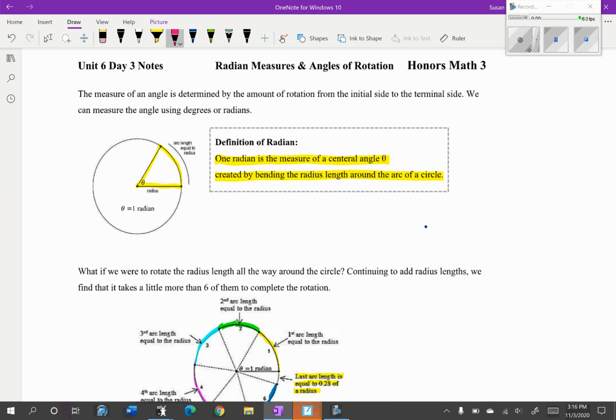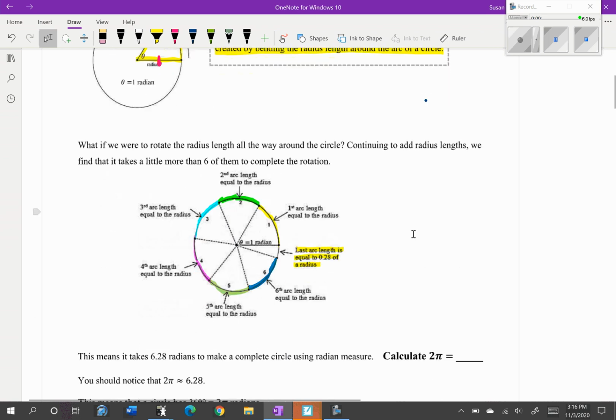So notice this is the radius right here. That length is, of course, equal to this length because those are both radii, and that is also equal to this length right here. And so that arc length is equal to that angle measurement. So that's 1 radian. What if we were to rotate the radius length all the way around the circle, continuing